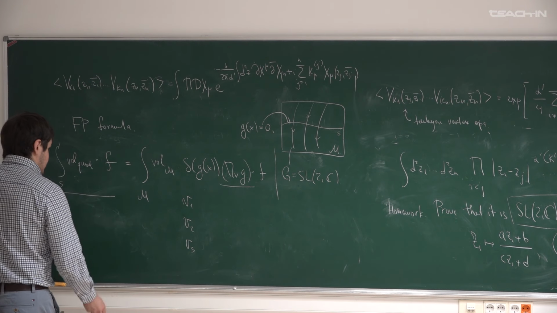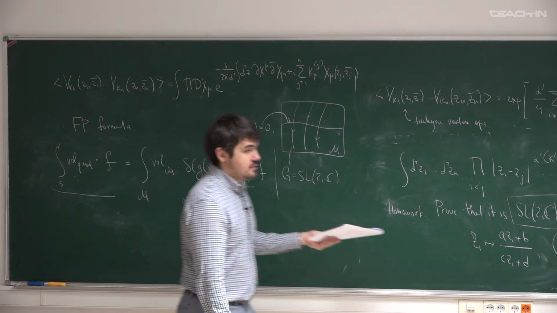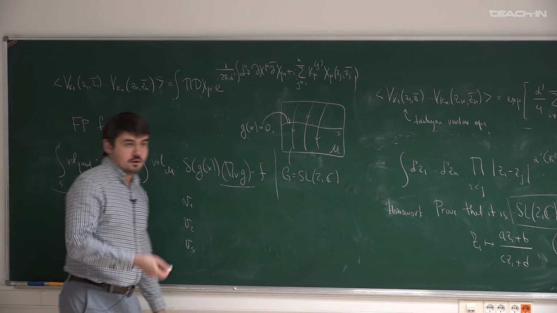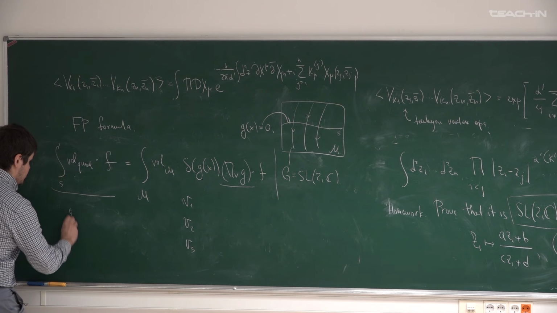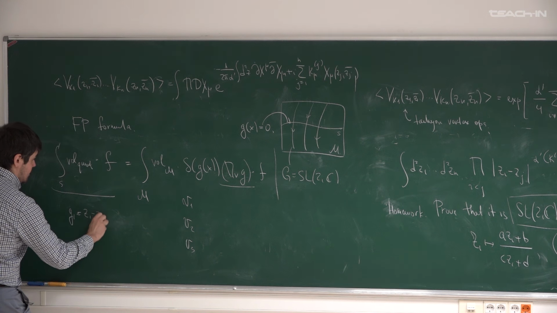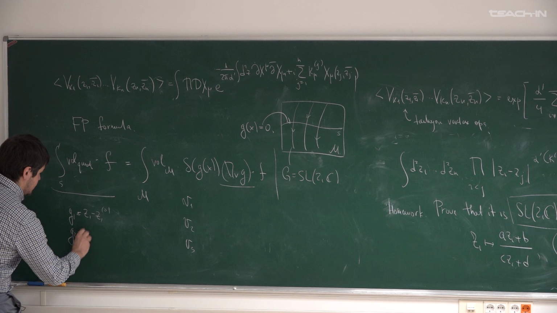As you know from conformal field theory, when you have an action of SL2C on a sphere, the most natural gauge choice is to fix 3 points. So G1 is Z1 minus Z1 0, G2 is Z2 minus Z2 0,